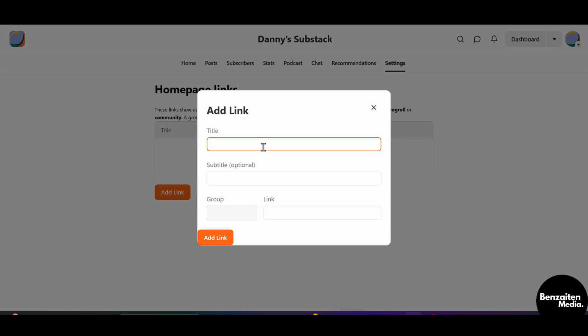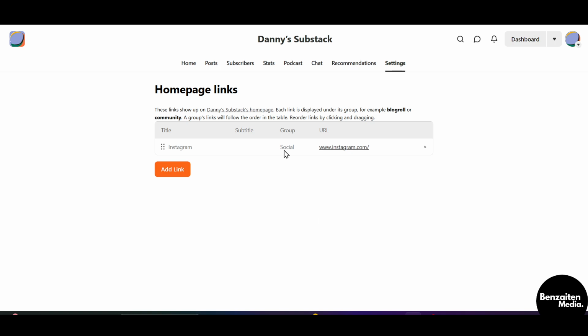After that, give your link title and then you can add the subtitle if you want. This is optional. And then group, type in the group name of your link. After you have added the link and set the group, click on add link. And then you can see your link with the title and the group has been added to the Substack homepage